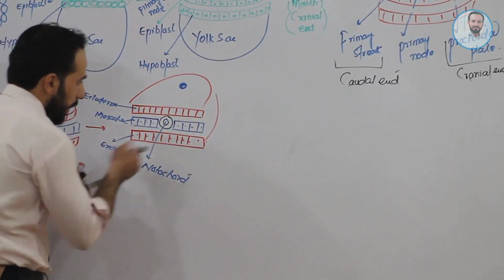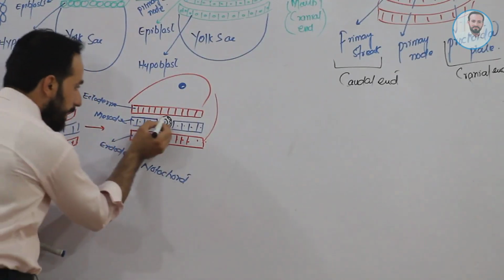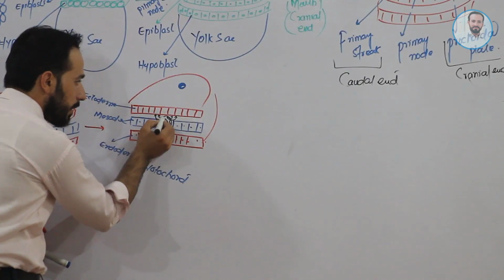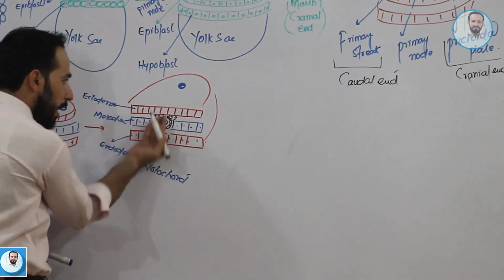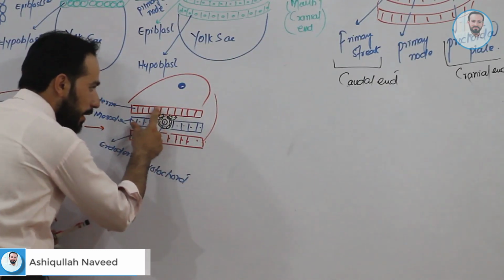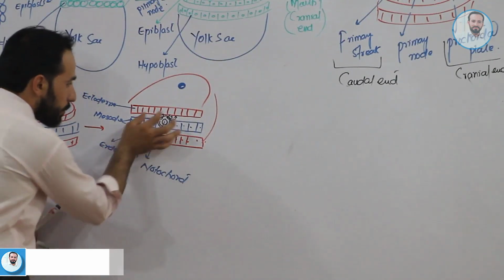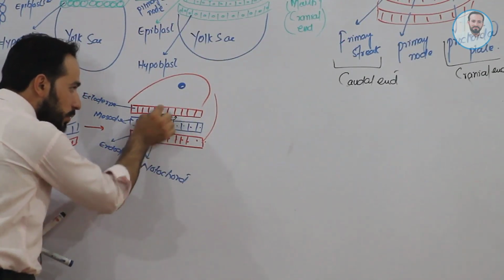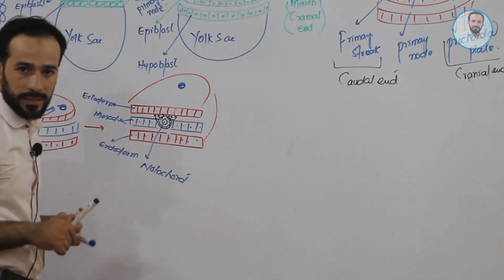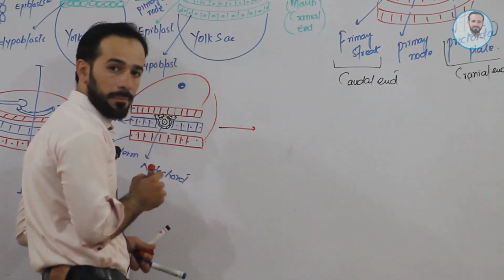Friends, as this notochord is formed by cells, these cells will release certain chemical substances. These chemical substances will move up and will tend these ectoderm cells to divide, right? So these ectodermal cells above the notochord will start multiplying, and this layer will become a little thicker, right? Like this, look. What will happen?